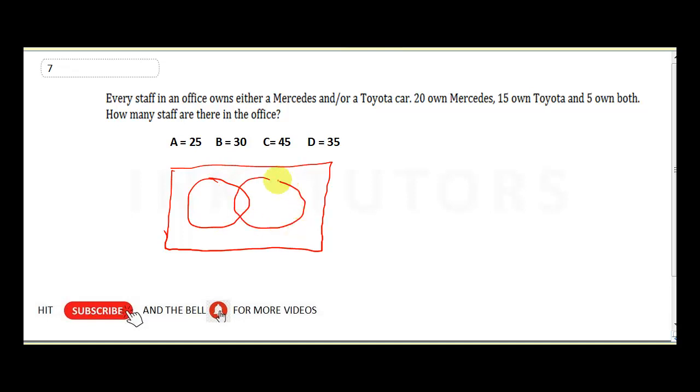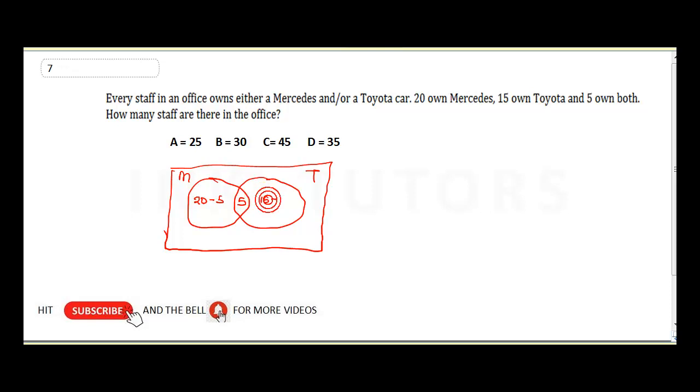So remember, some own both. That's 5 own both. Remember, this is going to be your Mercedes, and this is going to be your Toyota. So for Mercedes, 20 own Mercedes. So the real number of Mercedes will be 20 minus 5, while Toyota will be